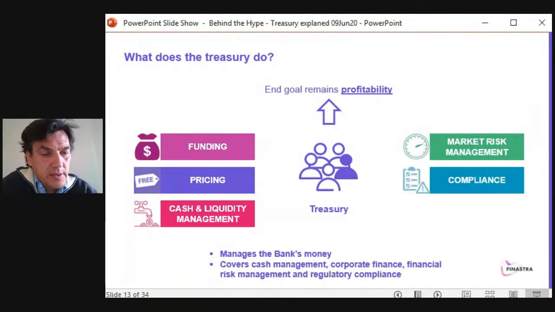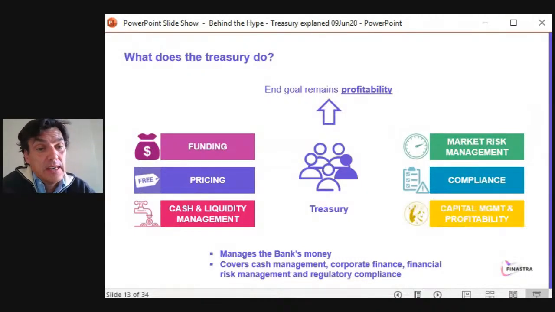And then it will be no surprise for you. We have the compliance and regulation, so how to follow the regulation and making sure that you can answer the regulators at any point in time. And I said at any point in time, every day, every second. And the last one, very strategic. At the top of the pyramid, we have the capital management. And this is where the profitability is sitting, because this is where you decide how much money you will allocate to which part of the business or which type of client.